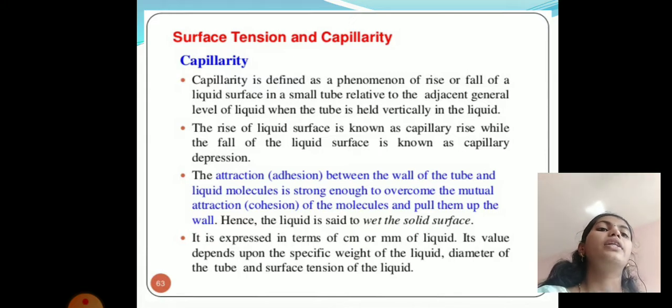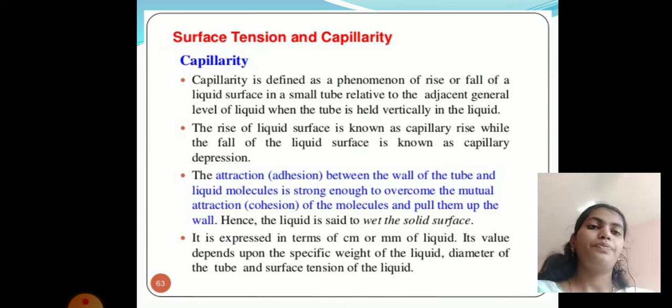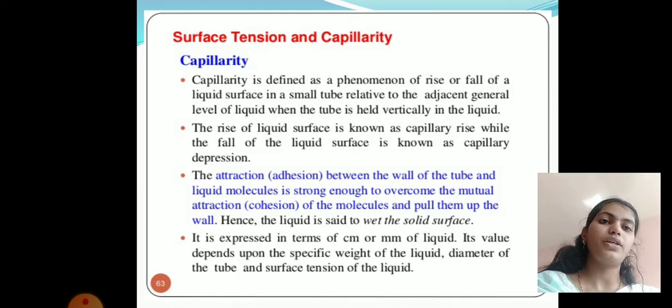It means that they are expressed in terms of which unit? It is centimeter and millimeter, mm of the liquid, and its value depends upon the specific weight of the liquid, the diameter of the tube, and the surface tension of the liquid. Now the next one is